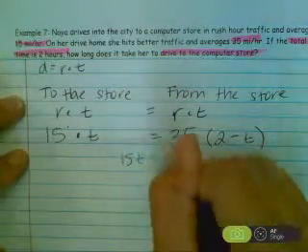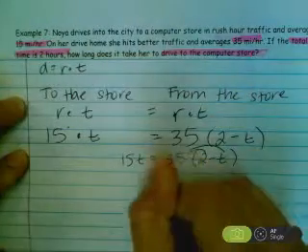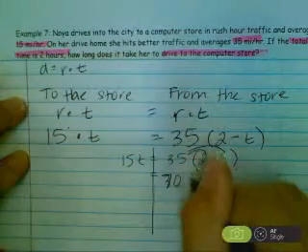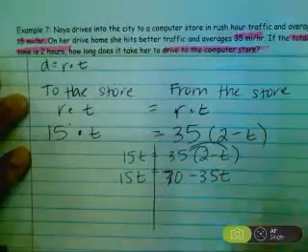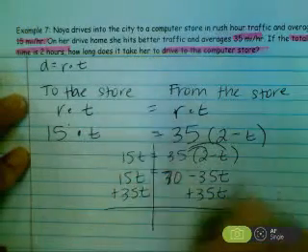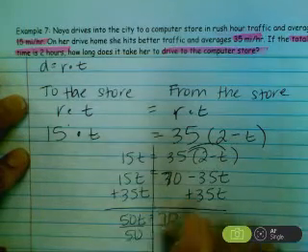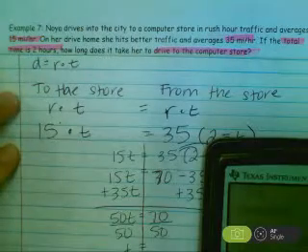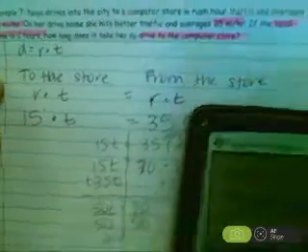I'm going to rewrite it so my values are a little bit closer together. Start by distributing the 35 to both sides of the equation. 35 times 2 is 70 minus 35t. Over here you've got 15t. Add 35t to both sides. 50t equals 70. Divide both sides by 50, and the time going to the store looks like it's going to be